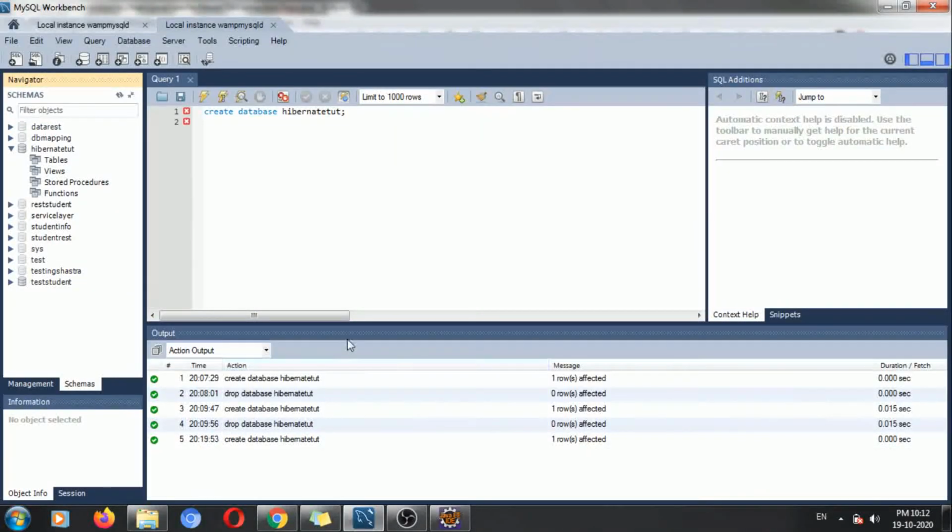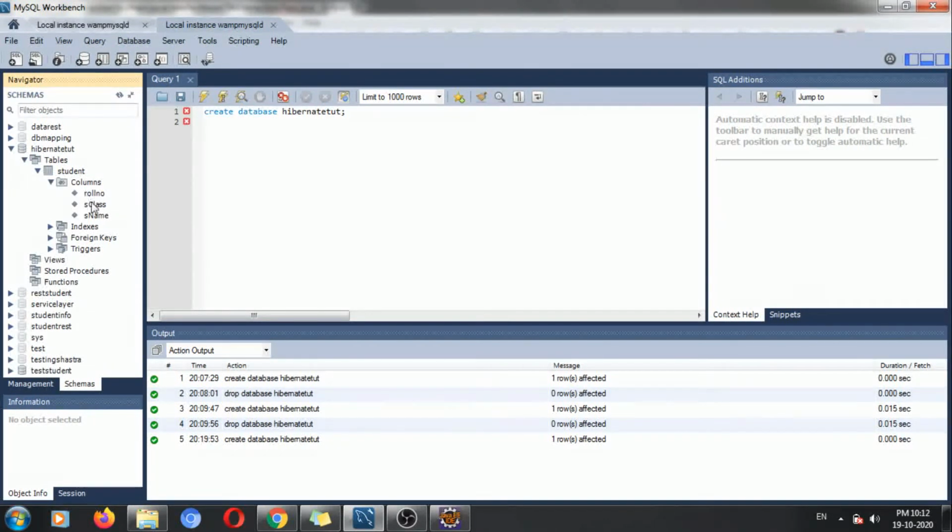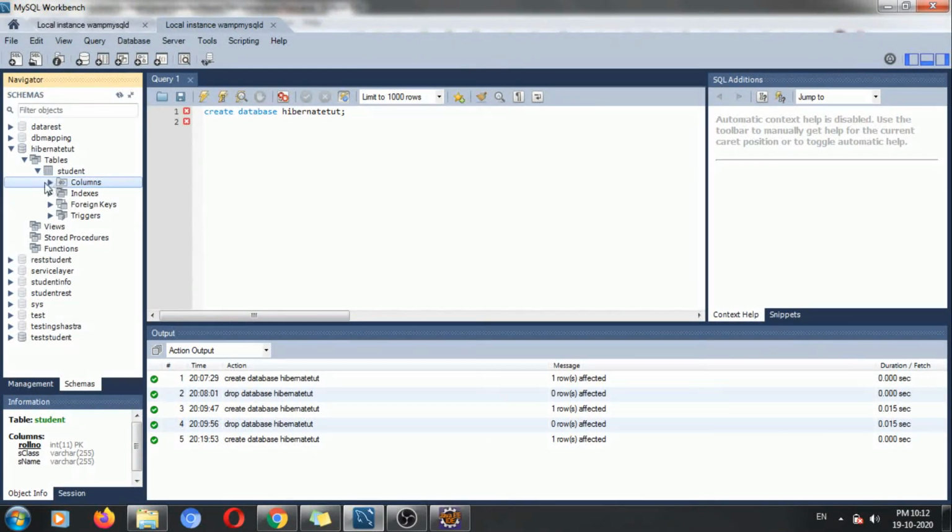So this is our MySQL. Currently it does not have any table. Simply we'll refresh it and we got our student table. Right. Now this is the student table and it has these fields: roll number, s class and s name are the details.